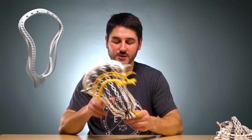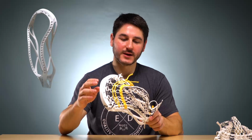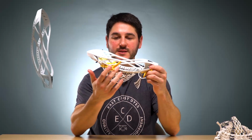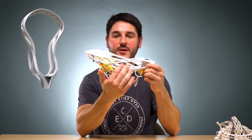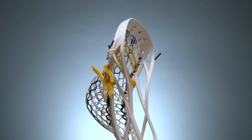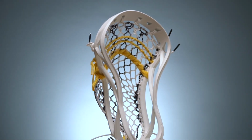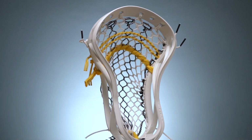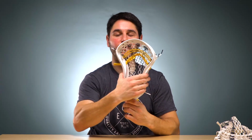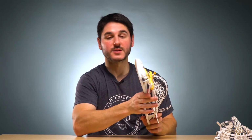at the college level. So looking at the HZRDUS, one thing that I really like as far as the looks is the cutouts in the sides. So you see here, it's really wide and open and the struts are very thin in this direction, which I think looks really cool. And then you look at the front and they're actually very wide. So they're wide but thin, which makes it look very open and airy from the side. But then from the front, it looks pretty chunky and is actually really stiff because that width is giving you rigidity in this direction. So I think that was a smart move, and for its weight, it's a pretty stiff